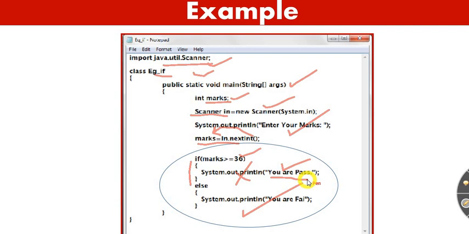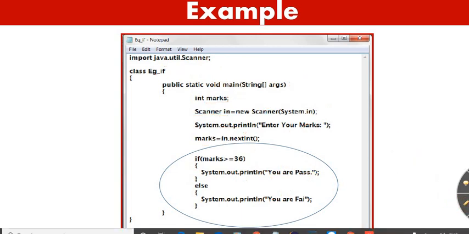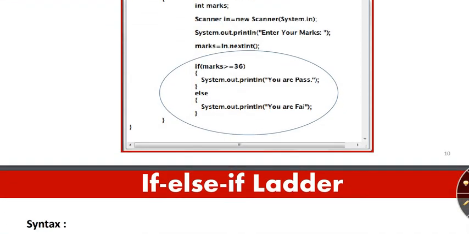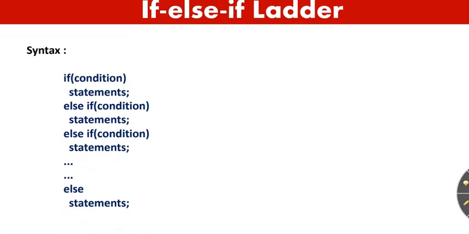The next portion is the else if ladder. Let me show you that also, because that is also important. Else if ladder is very important, very easy and widely used. It is widely used if you have multiple conditions. Once I deal with the program, this syntax will become clear. If we have many conditions, then we use the if else ladder.